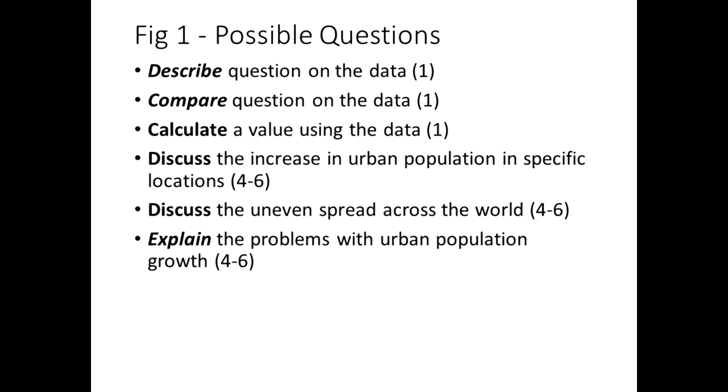They might want to talk about the uneven spread across the world as well and have a 4 or 6 marker asking you to describe what's happening to those global patterns. But then the last question that might come up is explain the problems with urban population growth. And you might need to look back through the text to find what some of these issues are and reference